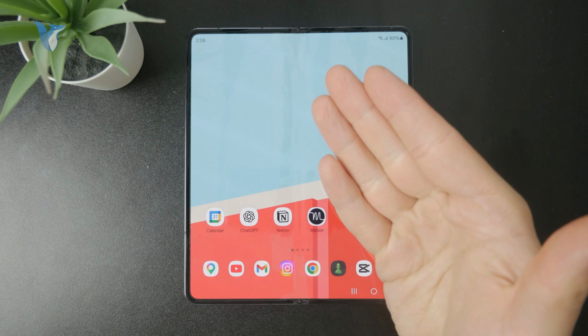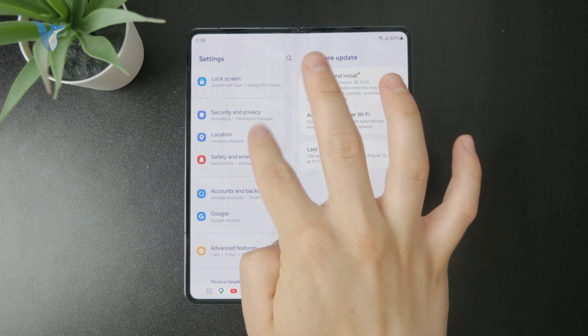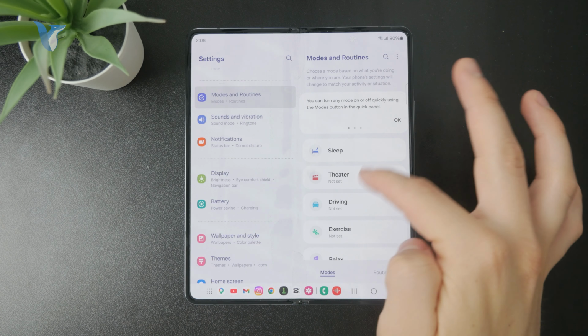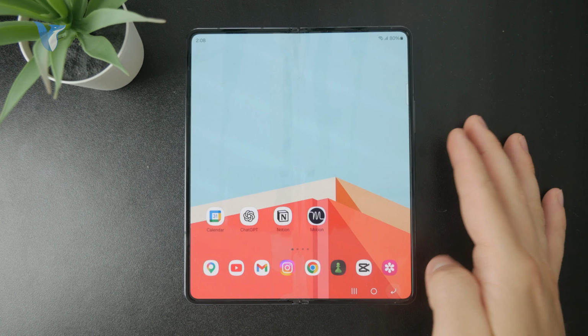Outside of that, you can make your way to the settings and also set up modes and routines, which includes the do not disturb mode, and this also allows you to filter callers, but that's a bit more specific. I think that the first options are going to be good enough for the majority of people, but